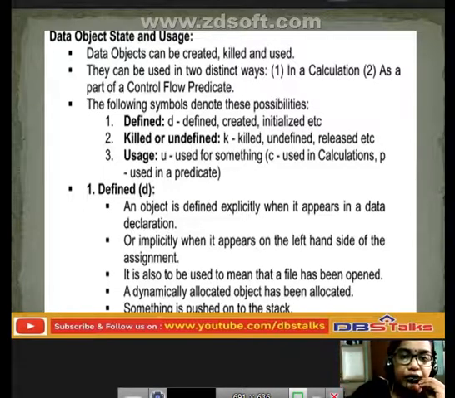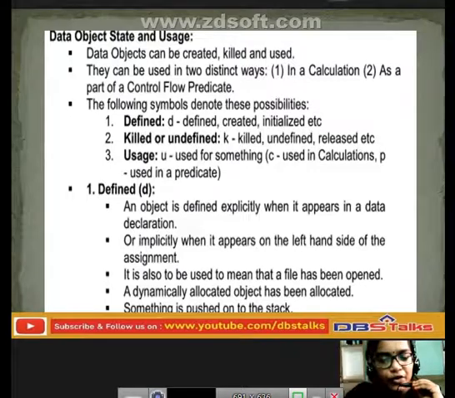And if it is initialized, wherever the process is beginning there, we can say it is defined. So we are going to call it with the symbol D. Okay, if it is killed or undefined, whenever you are not defining that particular data object, we can say it is killed.